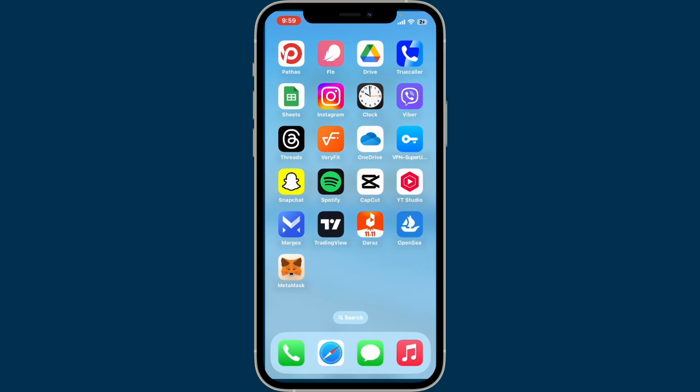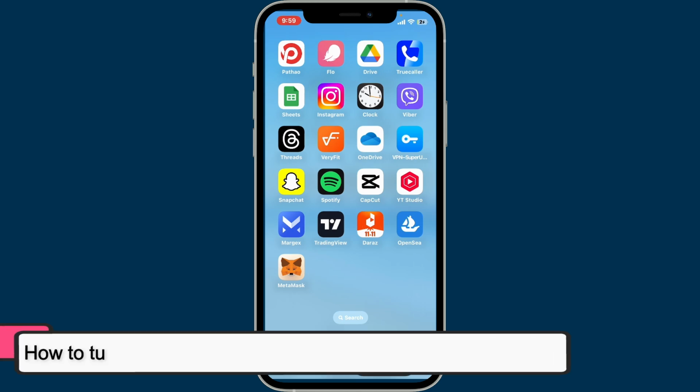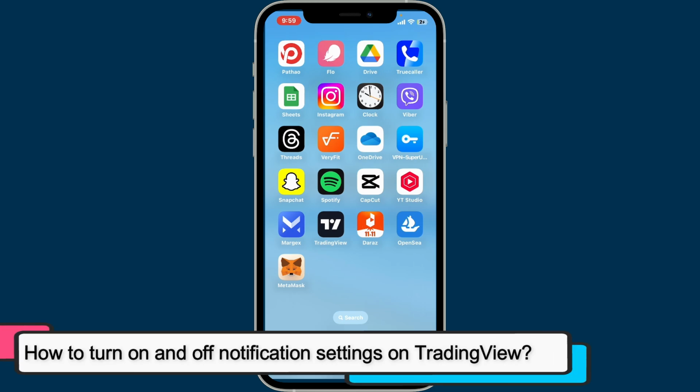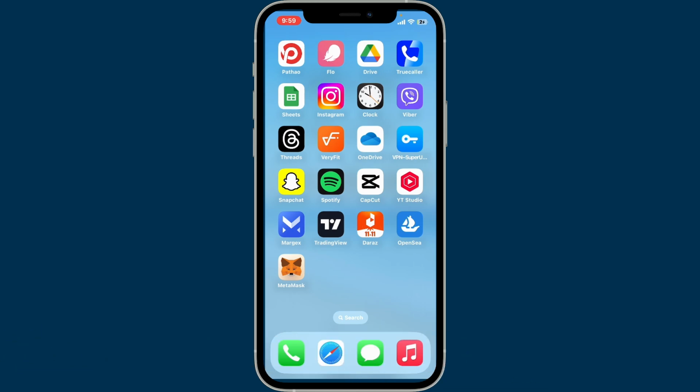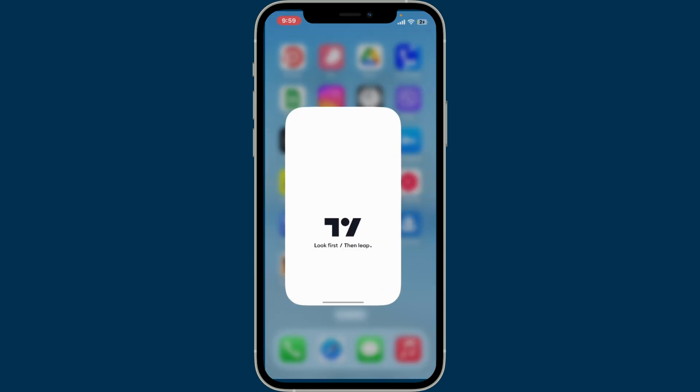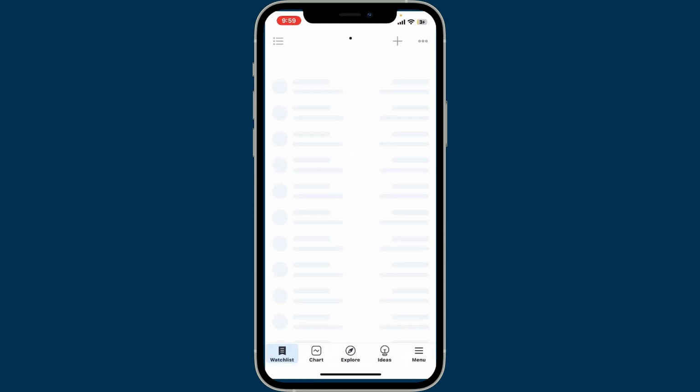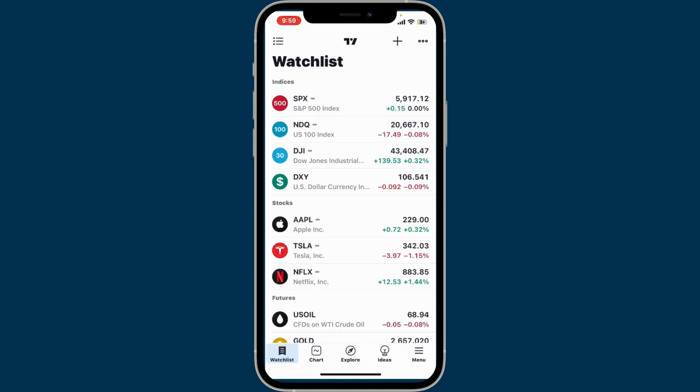In today's episode, we will be learning how to turn on and off notification setting on TradingView. To turn on and off notification from TradingView, first of all, launch the TradingView application and log into your account. After you are signed into the TradingView app, go ahead and click on the menu button at the bottom right